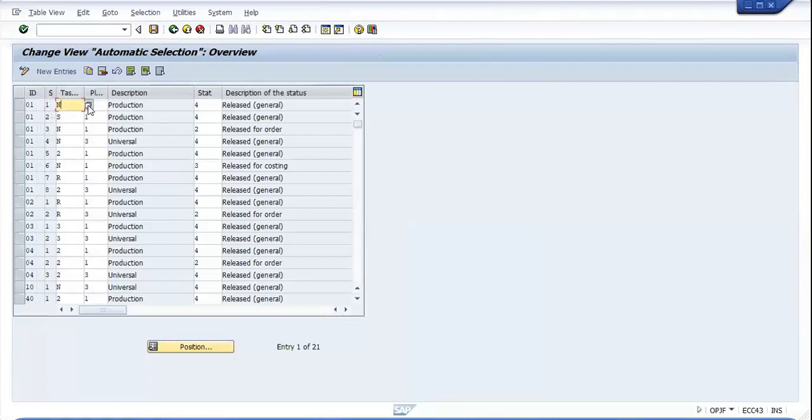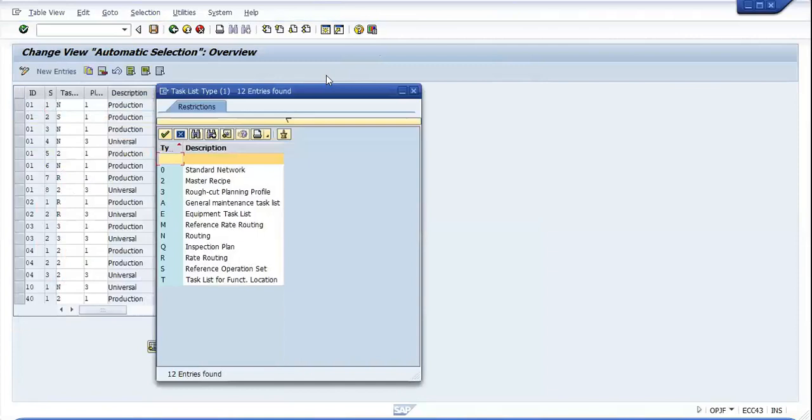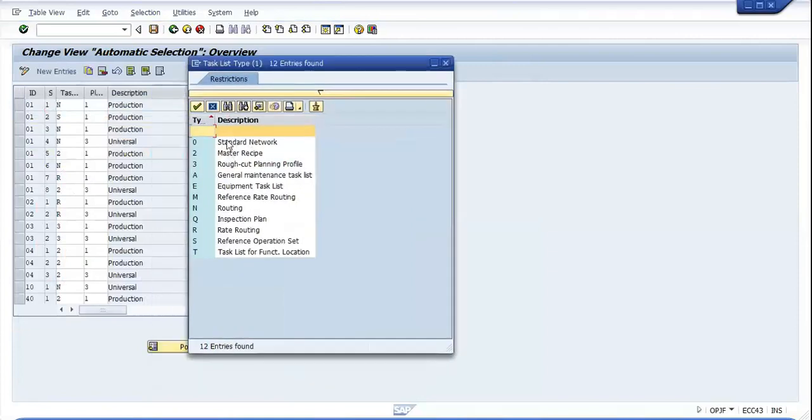If I open the task list type, it gives me the different entries like standard network, master recipe, routing, planning profile. The important thing is that N means a routing, and S is a reference operation set.